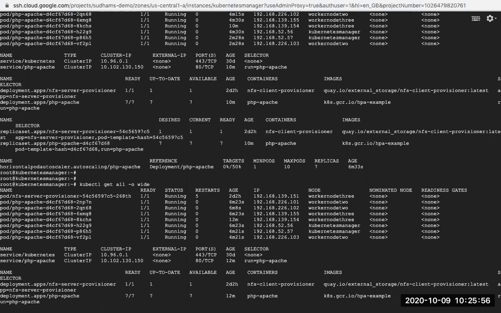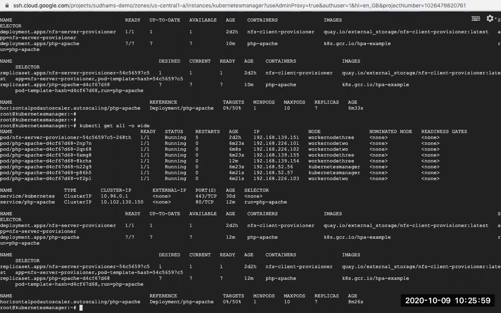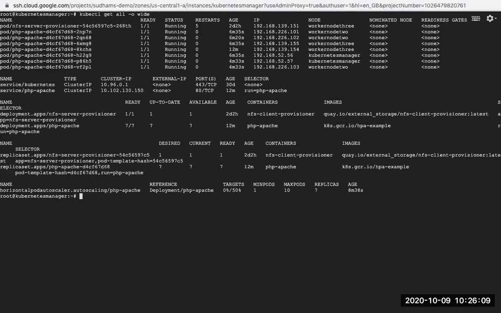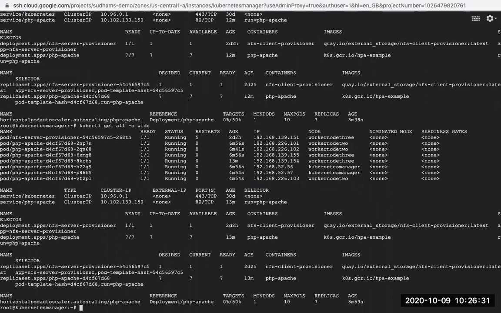So I think it is not getting reduced. The issue is still existing. Maybe so, I think we need to report it once again. I will report it in the channel, but right now, last time also when I made a video on this, it was not getting reduced. When the CPU load is less, it is not reducing the number of replicas which were created when there was a heavy load. It should come back to the minimum of 1. Okay, it is not coming back. It is still showing 7 replicas running.